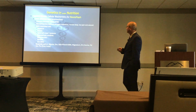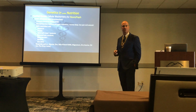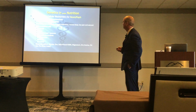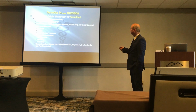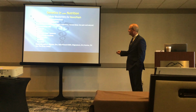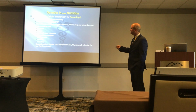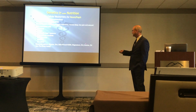Okay, so another neuropsych one is called the glutamic acid decarboxylase. It converts glutamic acid to GABA. GABA is your master modulator for neurotransmitters in your brain. Makes you feel good. Normal function leads to calmness, relaxation, sleep, low pain, and fewer seizure problems. SNPs are associated with dysphoria, anxiety, glass half empty, increased pain, sleep disorders, spasticity, low libido. This responds to glycine, zinc, beta-phenyl GABA, magnesium, B6, licorice,